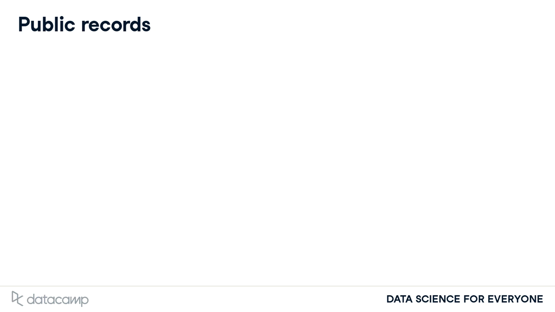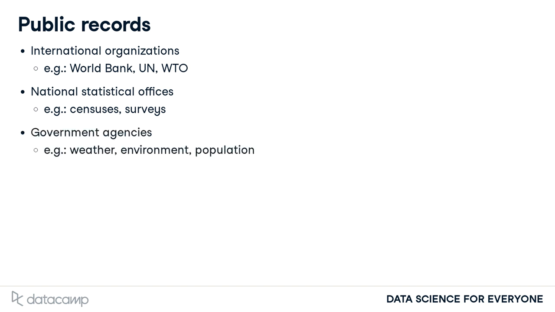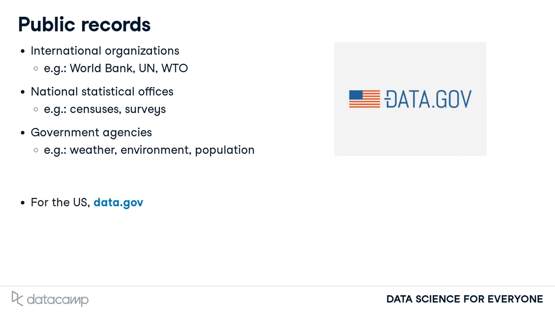Public records are another great way of gathering data. They can be collected and shared by international organizations like the World Bank, the UN, or the WTO, national statistical offices, who use census and survey data, or government agencies, who make information about, for example, the weather, environment, or population publicly available. For example, in the US, data.gov has health, education, and commerce data available for free download. In the EU,